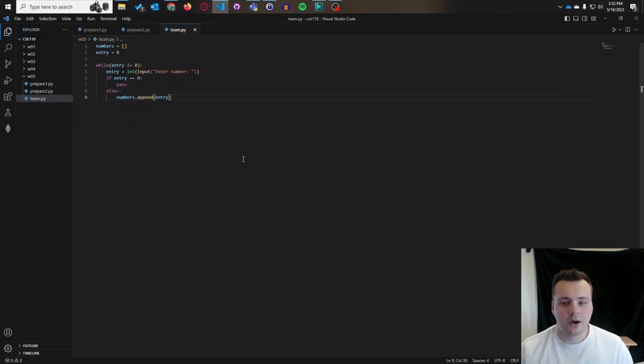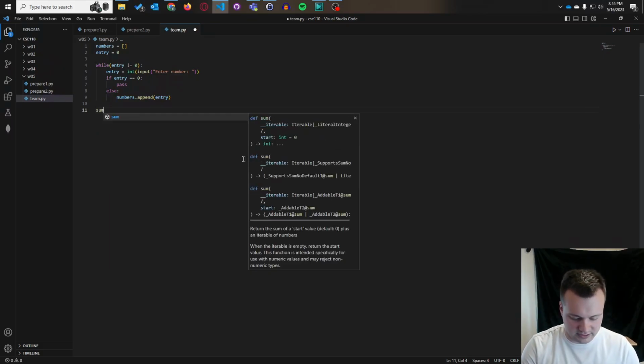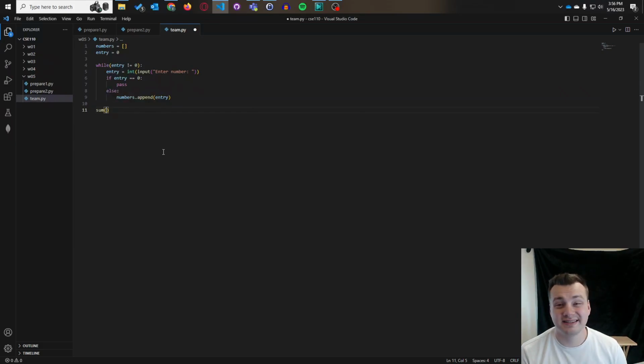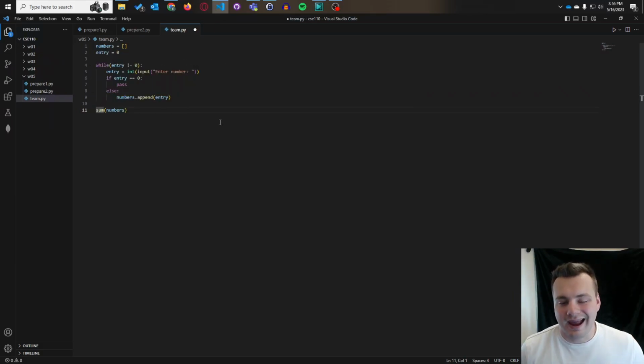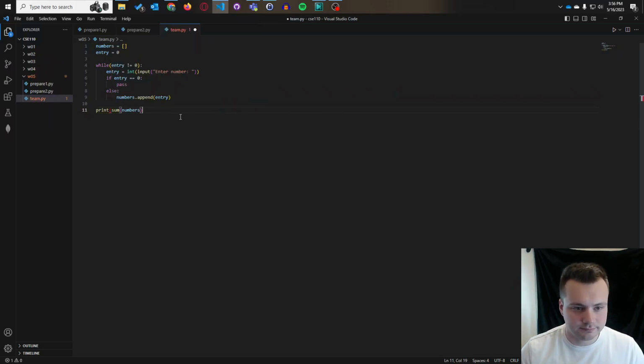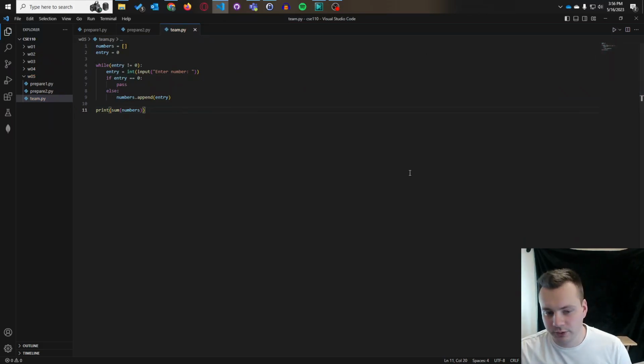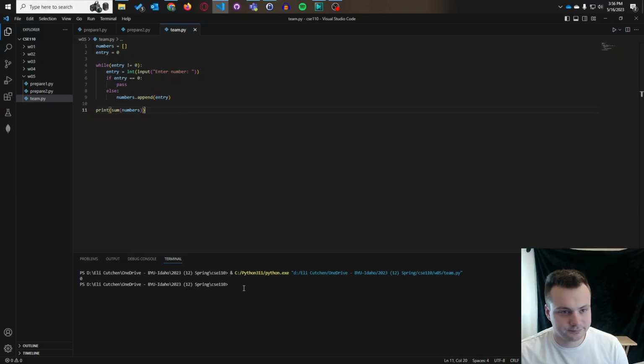So let's start off with how you would get your sum. There's something in Python called sum, which you can use anytime you want. You put inside there the list of numbers that you want to add together. So since we have something called numbers, we just say sum numbers. If you wanted to print that out, you could say print sum numbers, and it will print the sum of whatever numbers you put in here. So if we start it up,